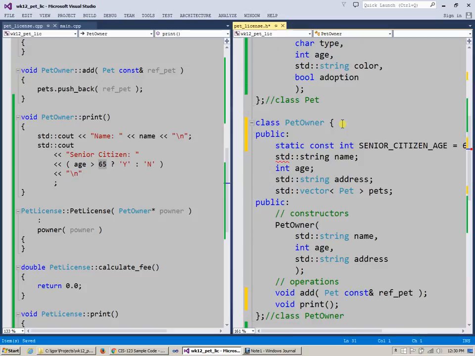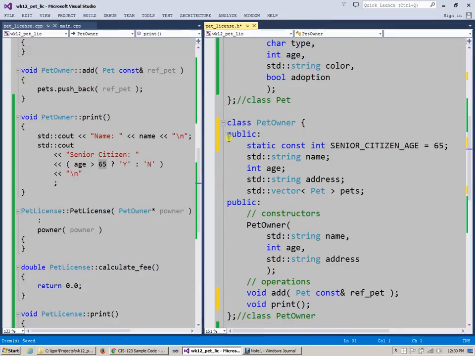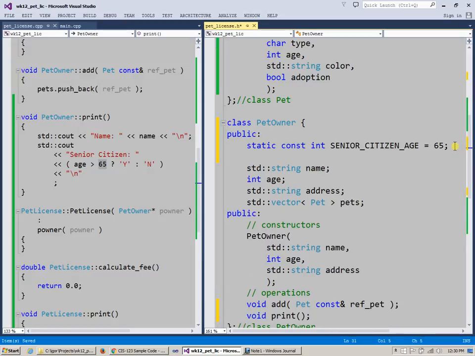So just to create a normal constant like this, and after public, to keep the rest of the variables private, we would have to say private to keep the rest of the variables private. But of course, senior citizen age is just a variable which is available then within this class and